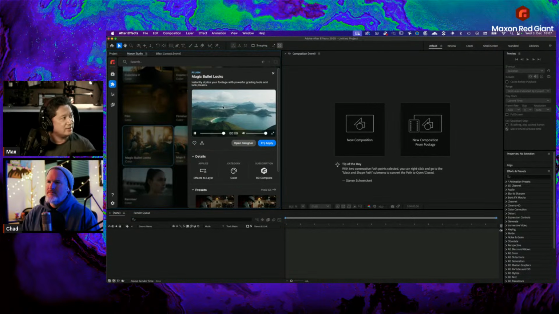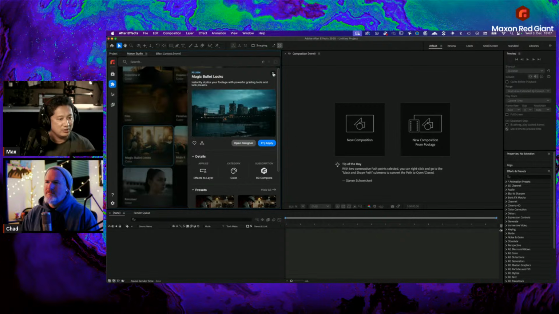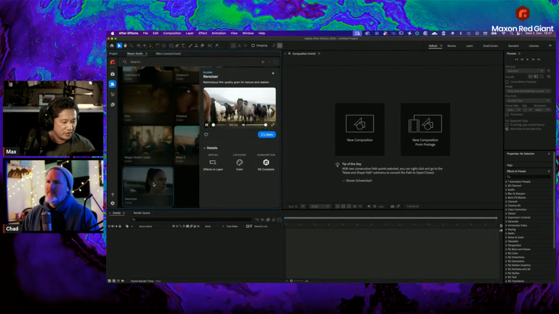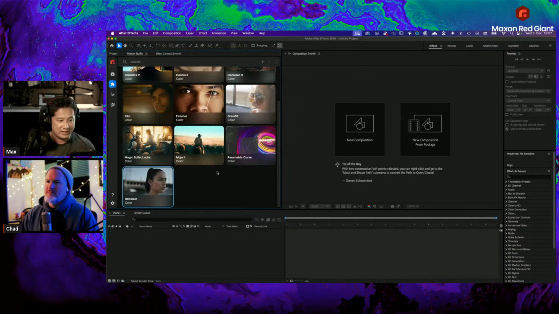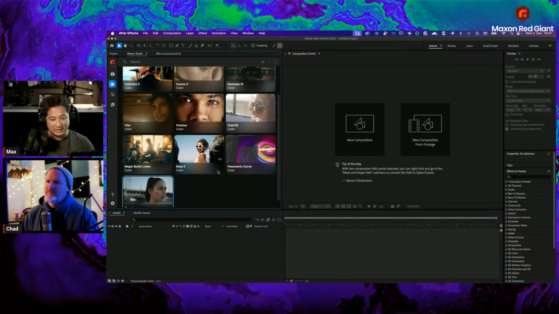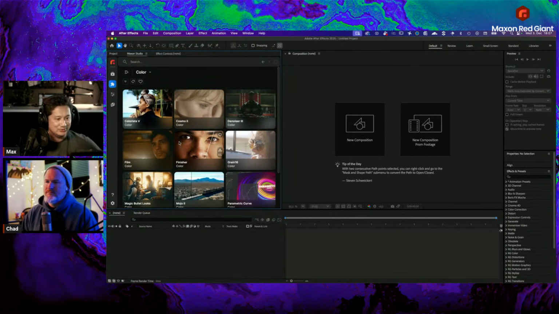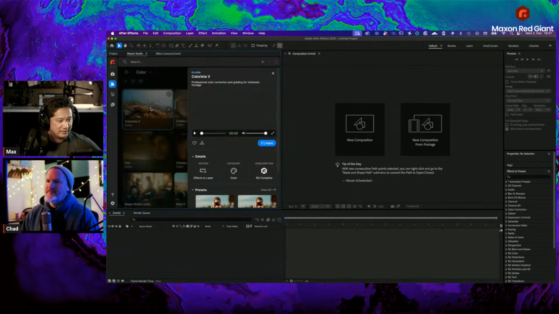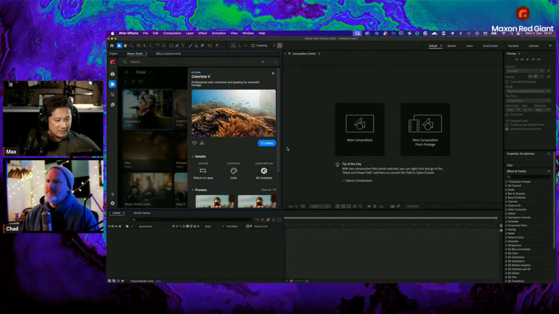And what's nice is that using this, you can see if one effect will need a solid or adjustment layer to do that. And since it is built inside Maxon Studio, all the sophistication of Maxon Studio is also built into the plugins page as well. For example, if I want to apply an effect, like Colorista, I can now